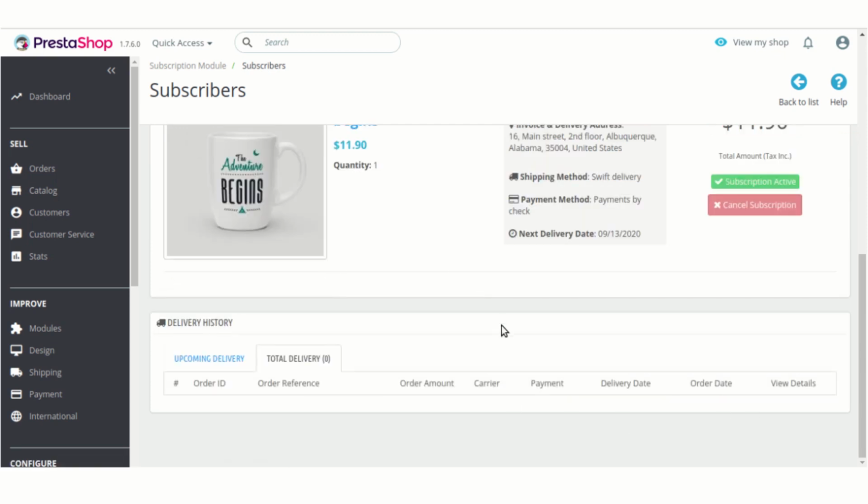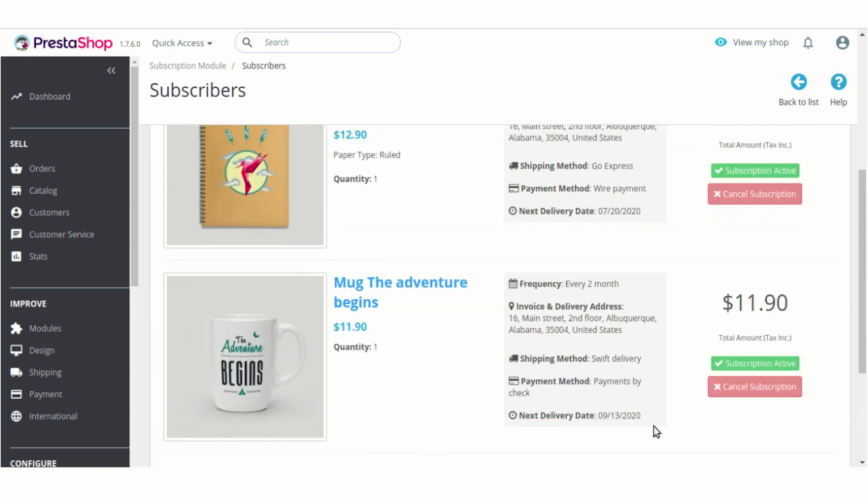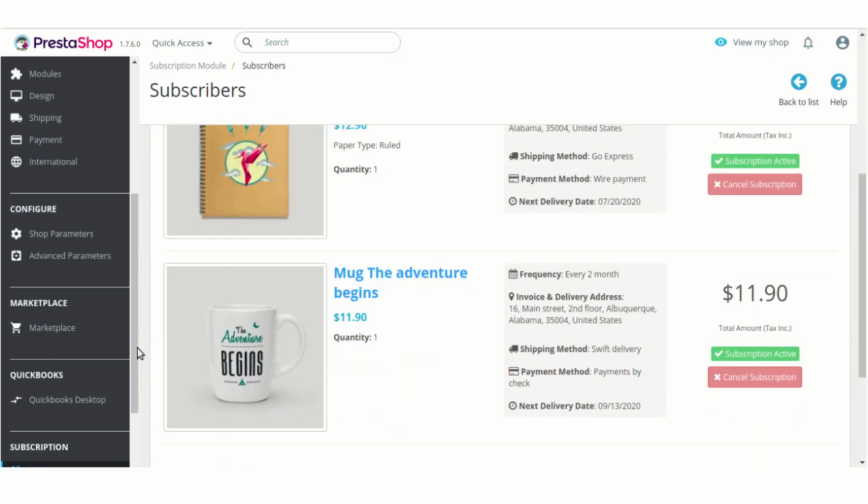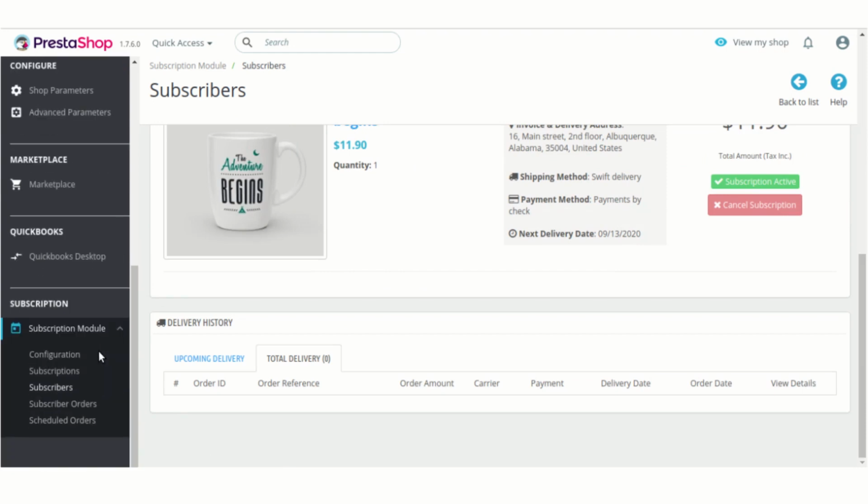Under total delivery, it will contain the list of all the previous delivery attempts of these products, either that have been successfully delivered or, in case it was tried to be delivered but failed. Apart from that, you can also see the list details of this customer by clicking on the view full details button. This was all about the subscribers section.